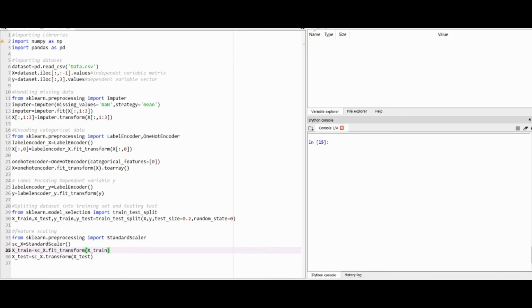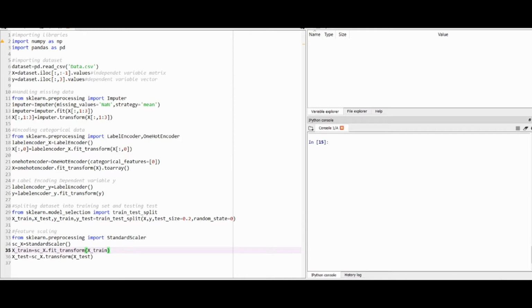In data preprocessing we need NumPy and Pandas for our preprocessing techniques, so we imported these two libraries. Now the second step is importing our dataset. For importing our dataset we will require the Pandas module. As the first line says, dataset equal to pd.read_csv, and in this we pass the name of our dataset, that is data.csv. pd.read_csv is the predefined method in pandas for importing our dataset, and data.csv is the name